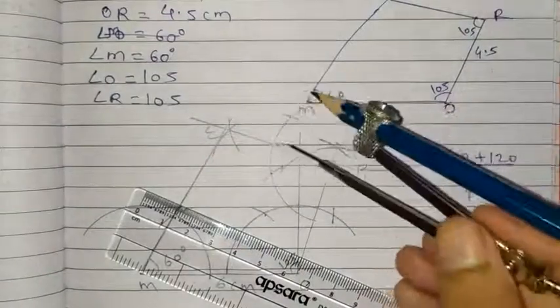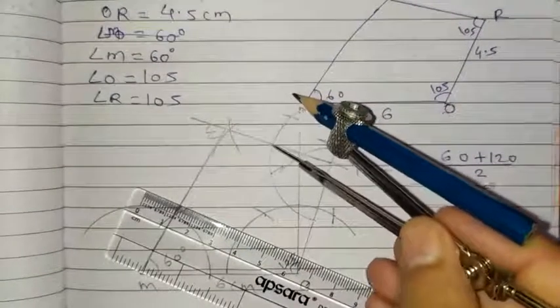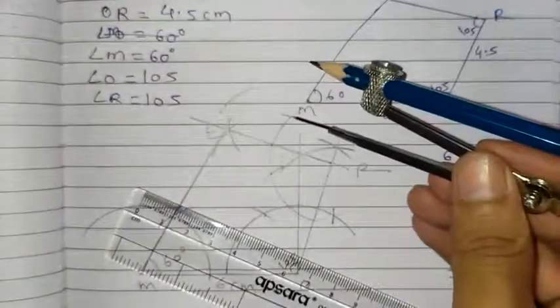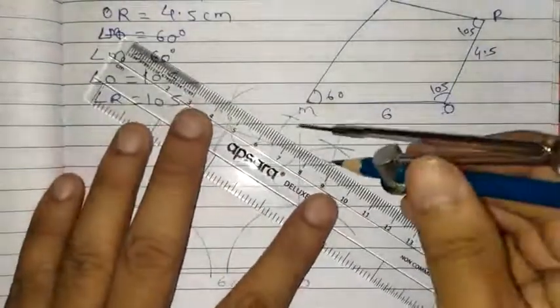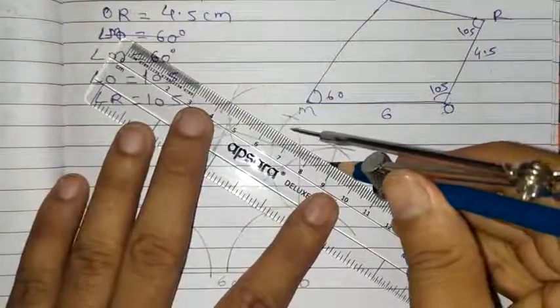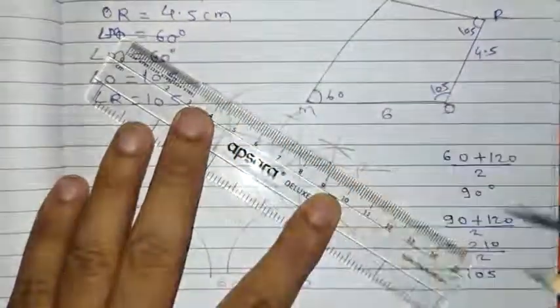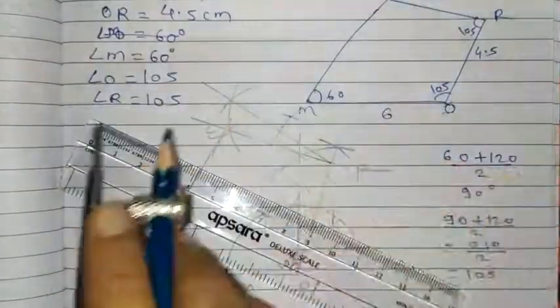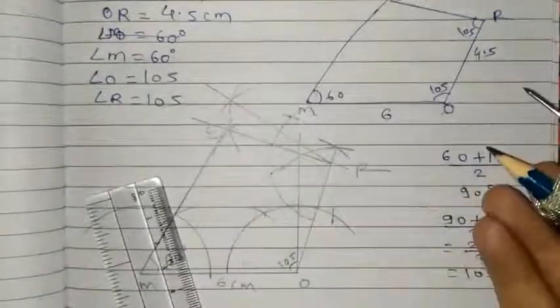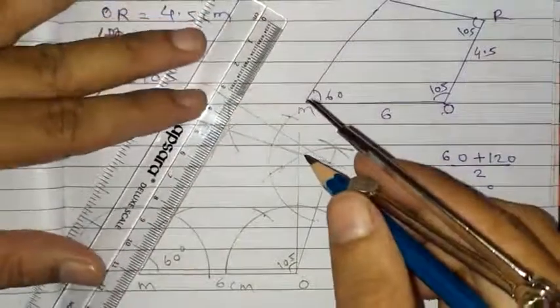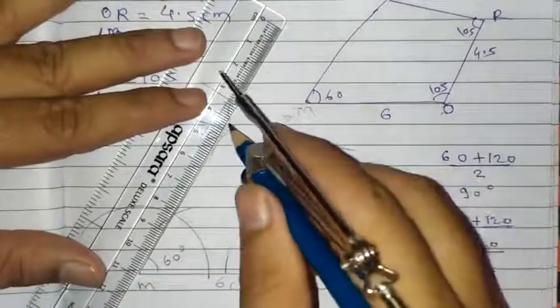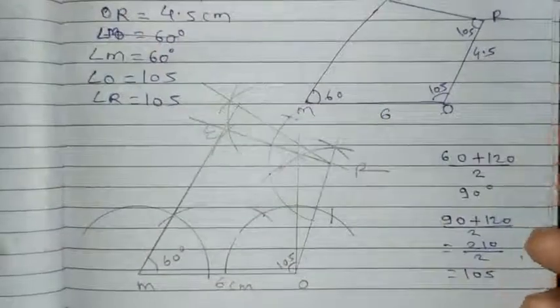So now this is what we got here, the 90 angle. So keep the pointer here, draw the arc here on 120 degree, keep this intersection. So now from point R you draw the straight line which will pass through those two arcs. So here we got one point, and now you have to just increase this line which we got in 60 degree, so that we will be getting the quadrilateral.